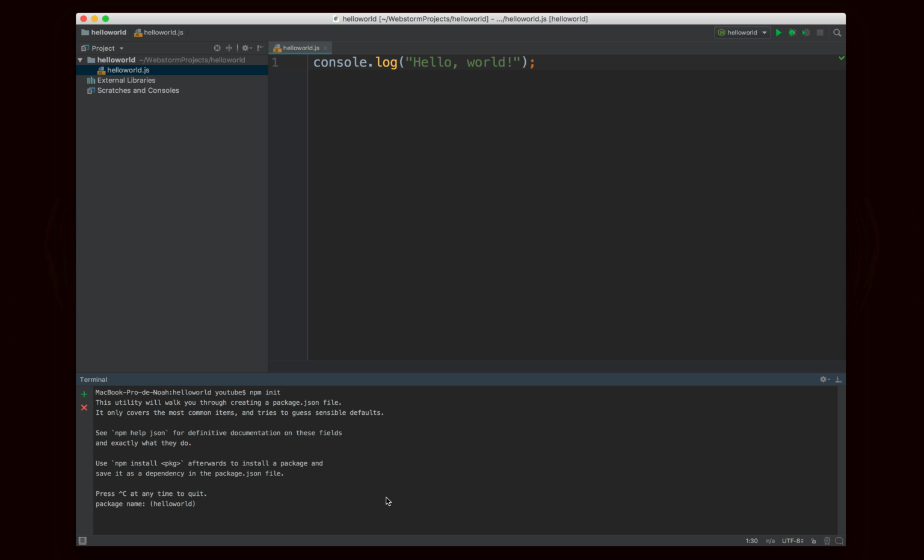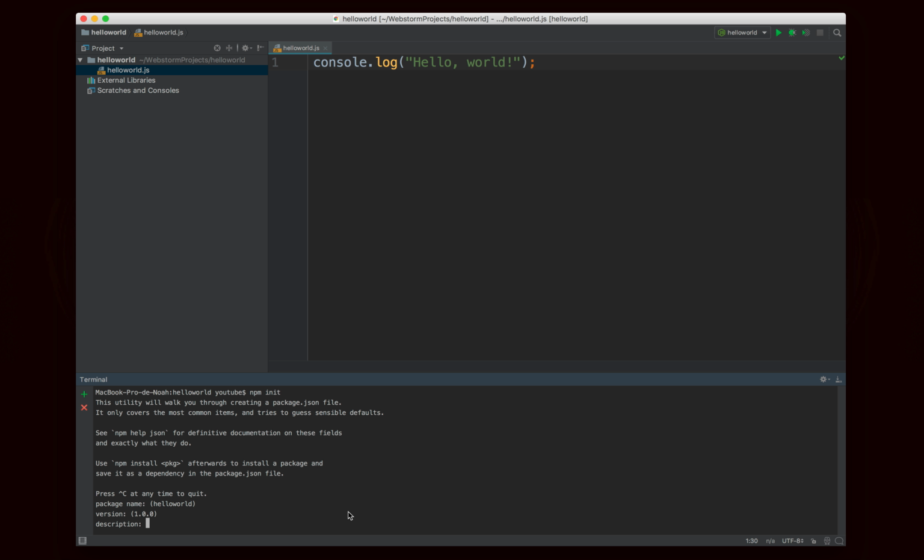First it's going to ask you for the package name. This is just the name of your package, of course, the name of your project. It'll automatically pull the name of the folder, which is hello world, and I'm fine with that. Then it's going to ask for the version. We'll just go for the default 1.0.0. Then it'll ask for a description. If you want to write a little description about your package, you can. If you're going to publish it on npm, you definitely want a description, but we don't need to have one